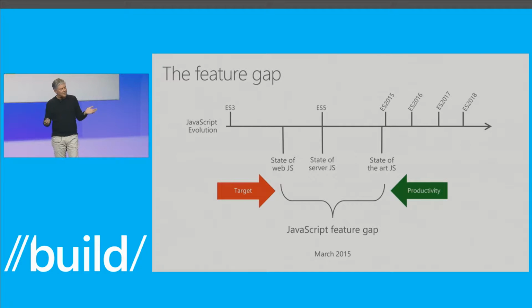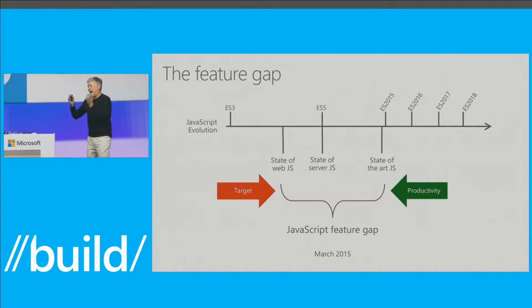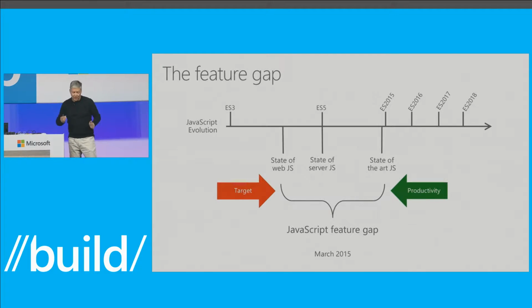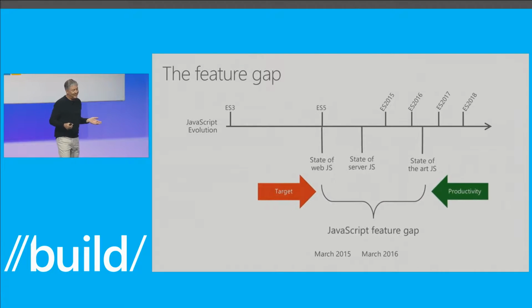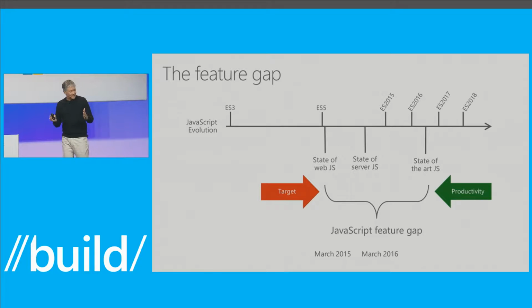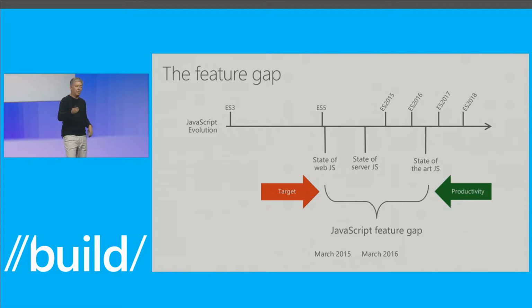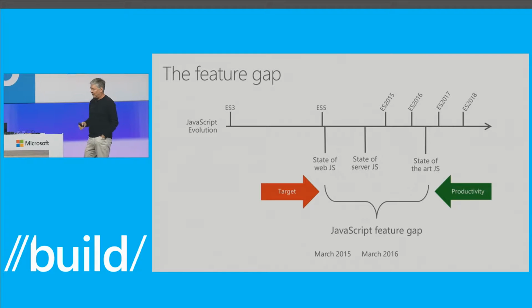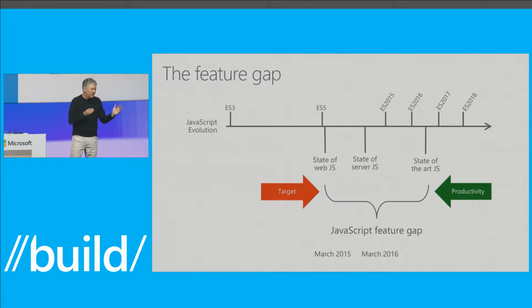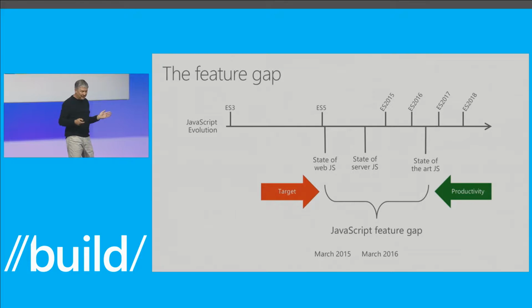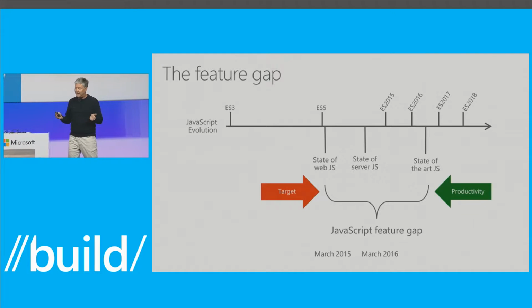And then you might go, well, that's wonderful, but isn't this gap going to go away once everyone gets all of the ECMAScript 6 features implemented? Well, if you look at where we're at now, it turns out that the gap just sort of slides. Right now, ECMAScript 2015 is done, but the committee is now working on new features in ECMAScript 2016, like async await and other things that are coming in. And still, the web in the wild lags behind. Maybe you can assume ECMAScript 5 today, but it's not even clear. So this gap continues to be there, and that's why you need tools like TypeScript.